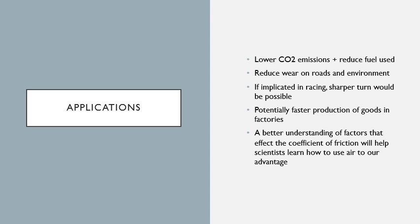The second application is to reduce wear on roads and the environment, because since the vehicle is above the road or the natural habitat or whatever, it won't directly come in contact with it, which means it will reduce the